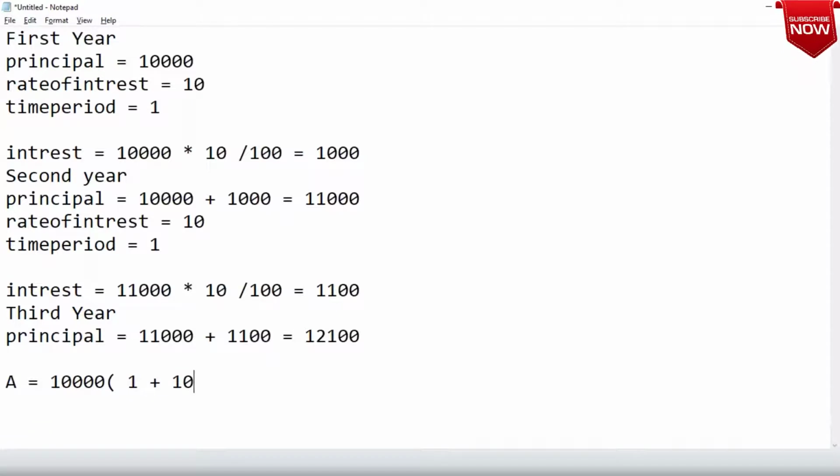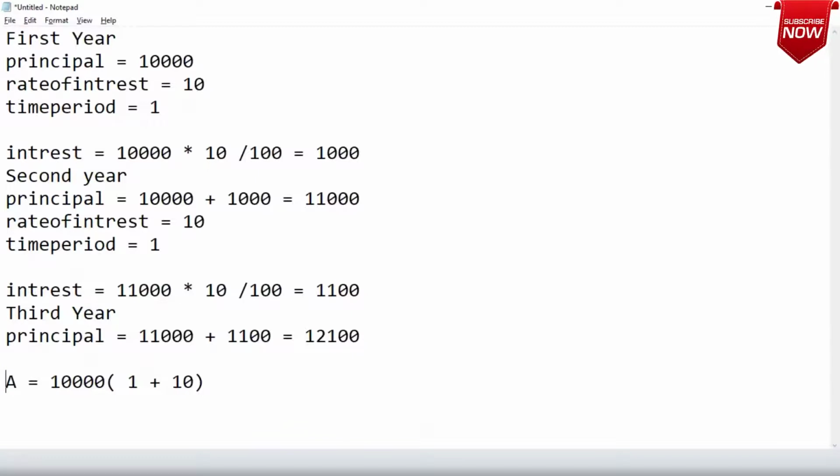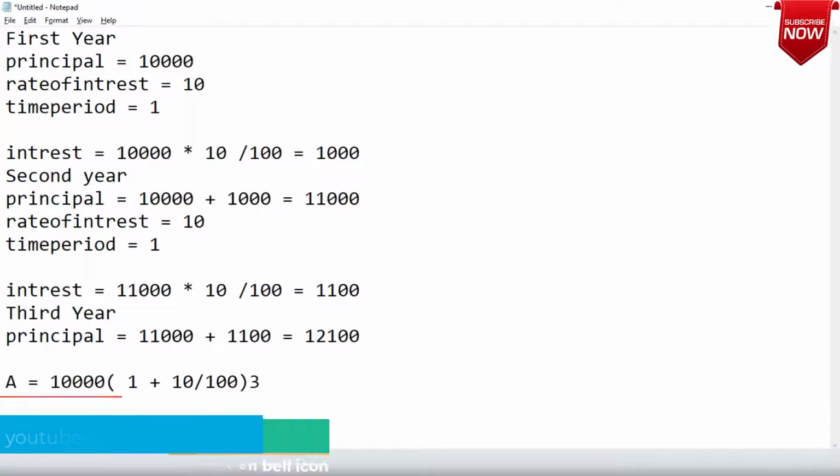Rate of interest is 10, to the power of n, the number of times the interest will be applied in this time period. So my stuff would be to the power of nt, 3. So 1 plus rate of interest is 10 by 100, right? So now, can you do this math?